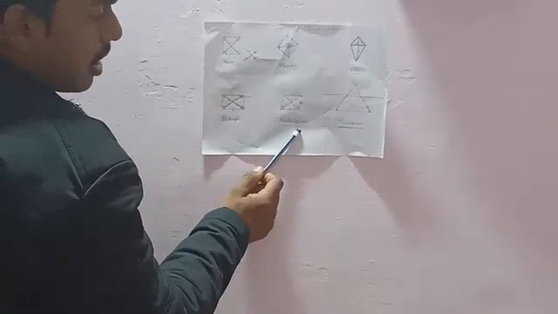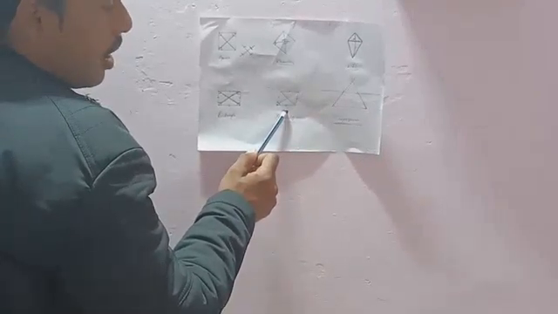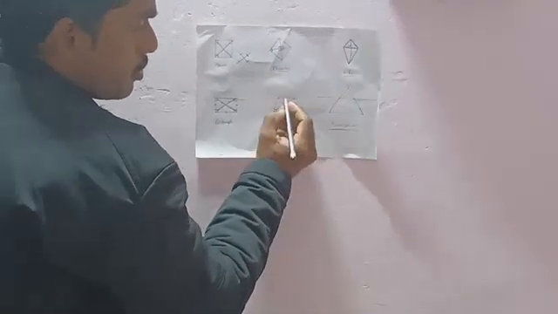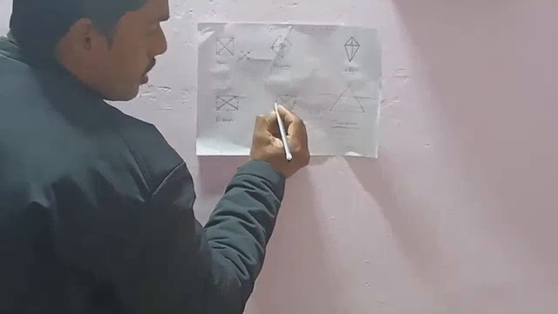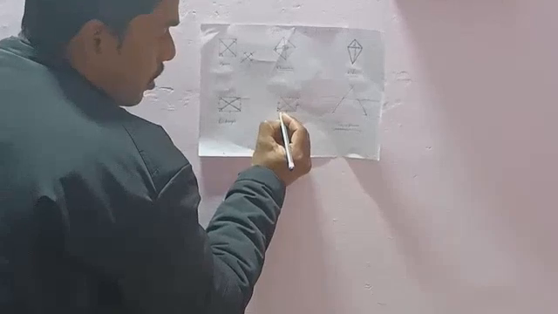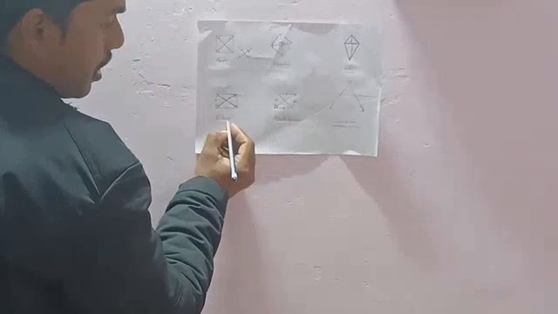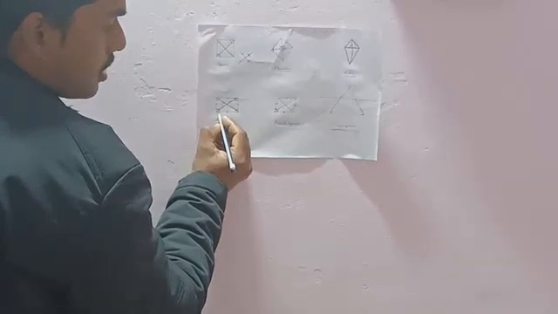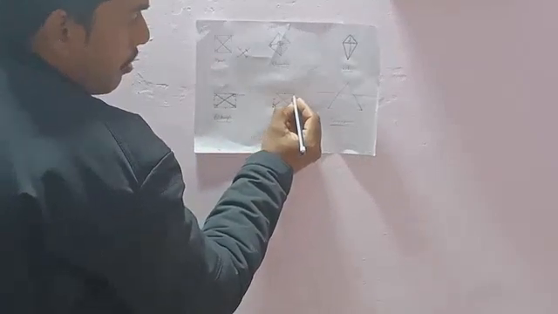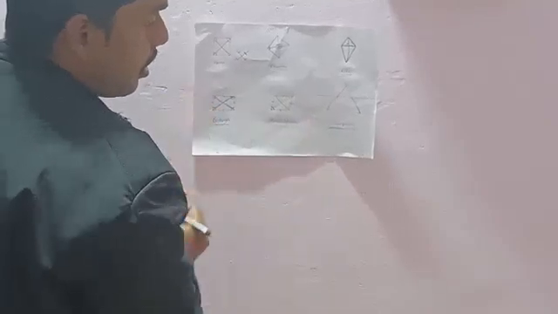Here this is a parallelogram. Opposite sides are parallel as well as equal to each other. So this side is equal to this one, and this side is equal to this one, but the adjacent angle is not 90 degrees as compared to the rectangle. Here in the rectangle the adjacent angle is 90 degrees, but in the parallelogram it is not 90 degrees, but the diagonals bisect each other, similar to the rectangle.